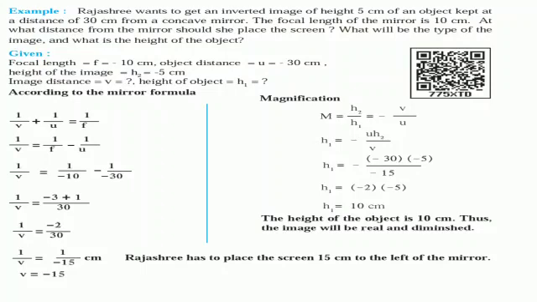This is v, image distance of image. Magnification. Now, we got the value of v as negative 15 centimeter. Magnification formula, capital M is equal to h2 upon h1 is equal to minus v upon u. So, h1 is equal to minus u h2 upon v. You are just cross multiplying the things. You will get h1 is equal to minus of, into bracket minus, as the value of u is already given, negative 30 multiplied by h2, which is given as minus 5, upon minus 15.